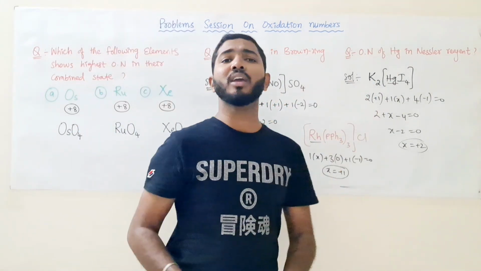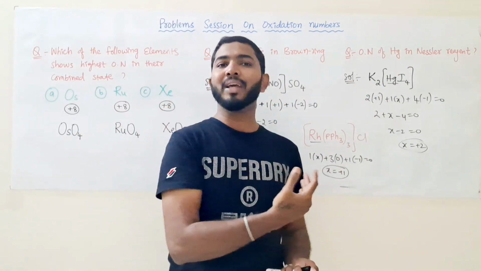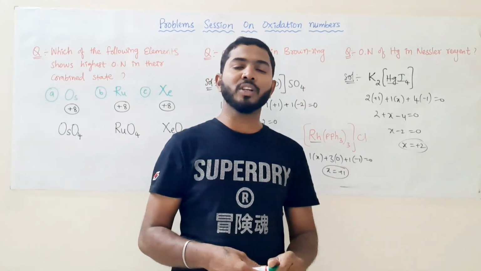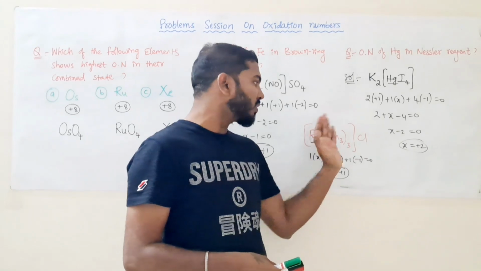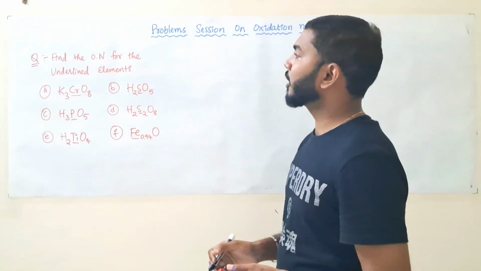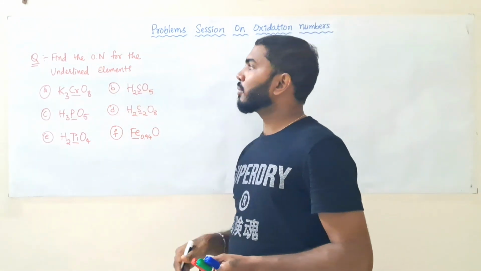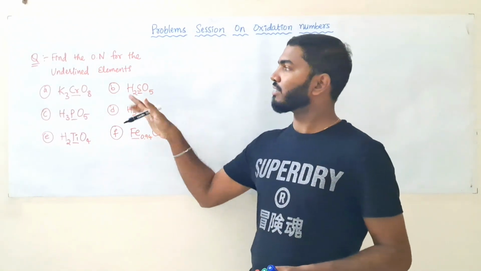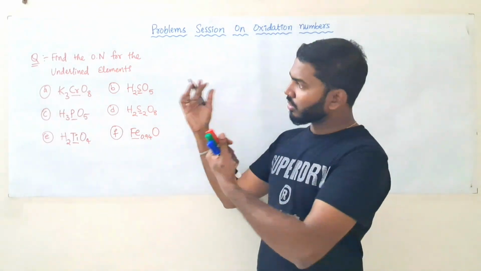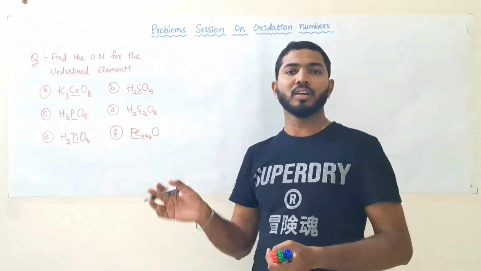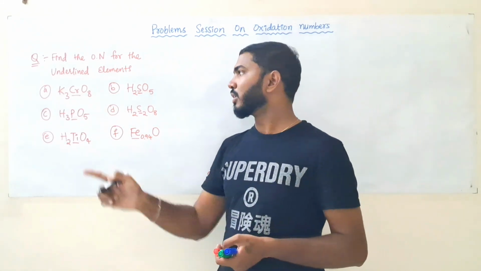We have so many complex compounds, and we can calculate the oxidation numbers of the metals in those complex compounds also. Okay, next let's move on to the next question. Find the oxidation number for the underlined elements. These are the special examples I have selected. Among these compounds, there are so many that have been asked in competitive exams. So let us start with